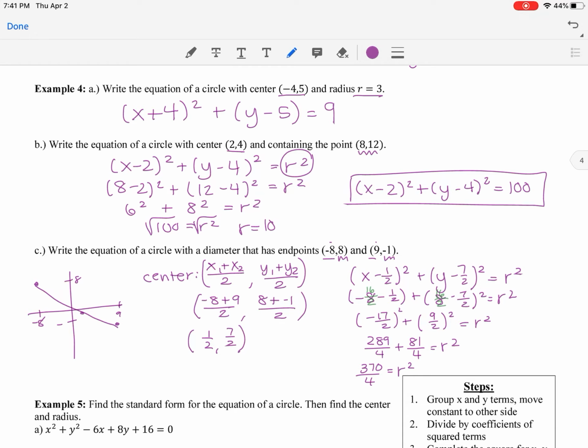And I probably would just leave it as that fraction. I mean, you can simplify it a little bit, but it doesn't come out to a nice number. So therefore, our answer, if I plug back in my radius squared, is (x minus a half) squared plus (y minus 7/2) squared equals 370/4. All right, pick back up the next